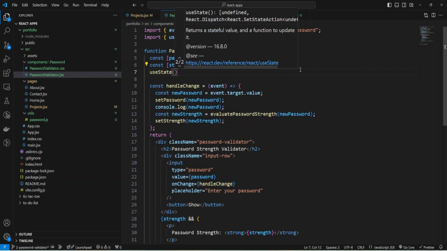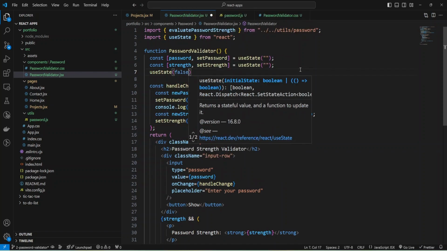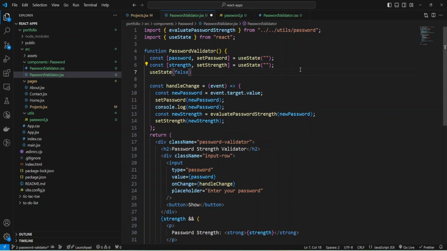Use state hook, and initially it will be false. If the variable is false, then password is hidden, and I can add const and add is password visible. Initially it will be not visible, and function to update it set is password visible, and fine.